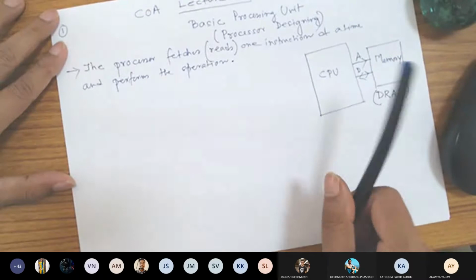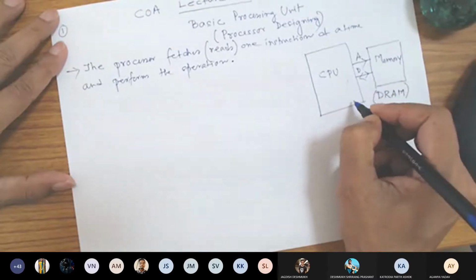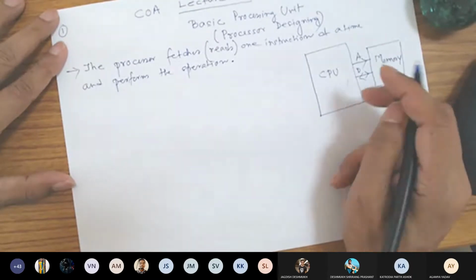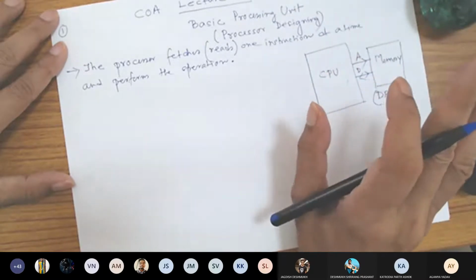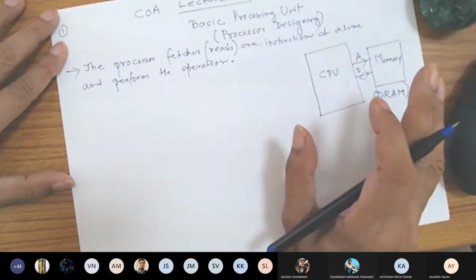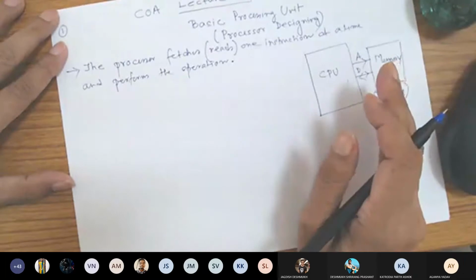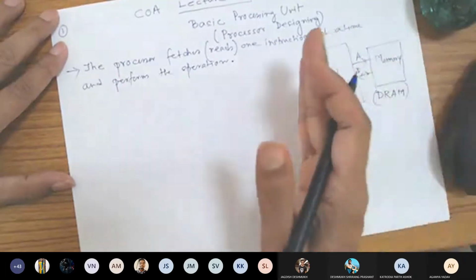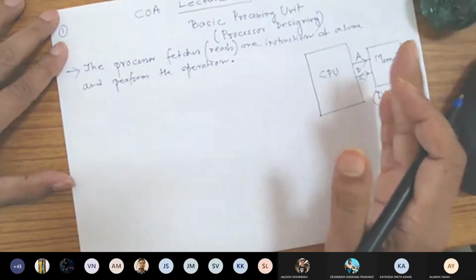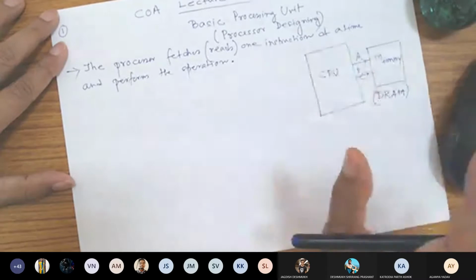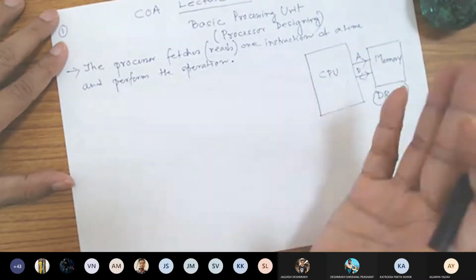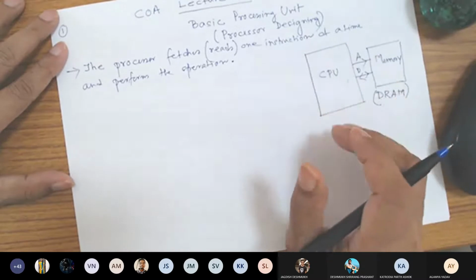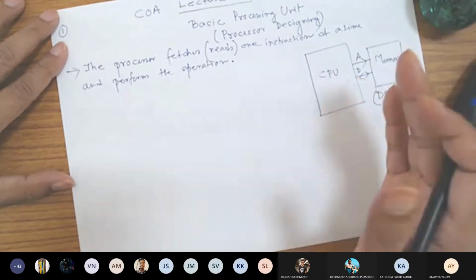That is the reason we have cache memory, L1 cache, L2 cache, L3 cache. We will come to those points, why we require cache memory and how it is designed, and what the difference is between L1, L2, L3 and DRAM. We will see those things in the memory organization part. But probably you can now try to correlate why memory has a hierarchy.